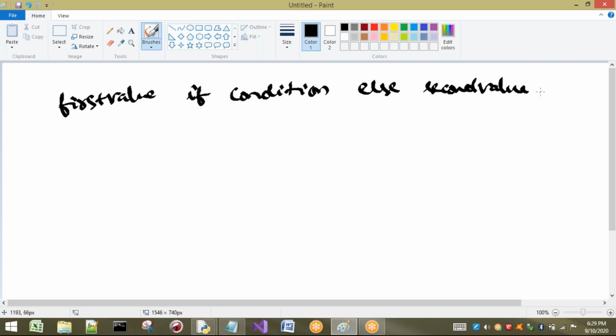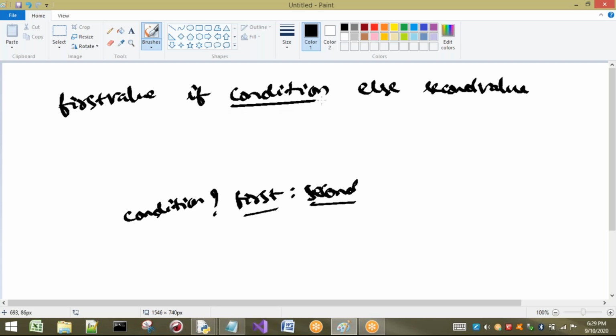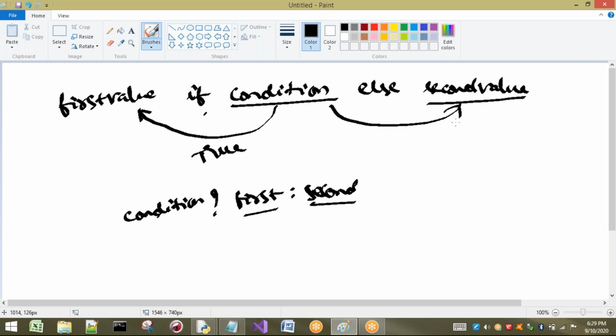Okay, it may lead to some confusion, don't worry, I will explain clearly. In the before case, what happened? First I had taken the condition. Then here some first value, otherwise second value. That means if it is true, I will come to here. If it is false, I will come to the second statement. Now see, first I am going to check one condition here. If the condition is satisfied, it will come to here. That means if the condition is true, it will come to the first value. Otherwise, if the condition is false, it will go to the else case.